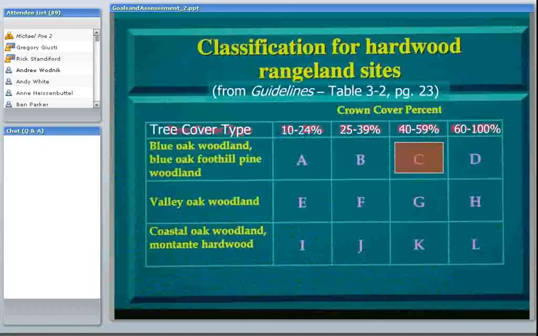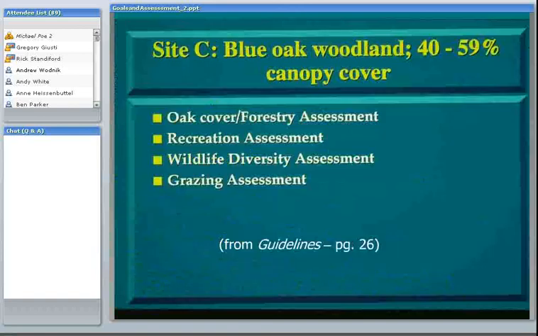So for that picture I just showed you, blue oak woodland, 40 to 60% canopy cover, that's from the guidelines booklet, table 3-2 on page 23 of your book. So there's a reference to stand type C. And Stand Type C you can look at in your book on page 26 of the guidelines, and it gives you some very general information based on some statewide inventory data and some growth modeling that